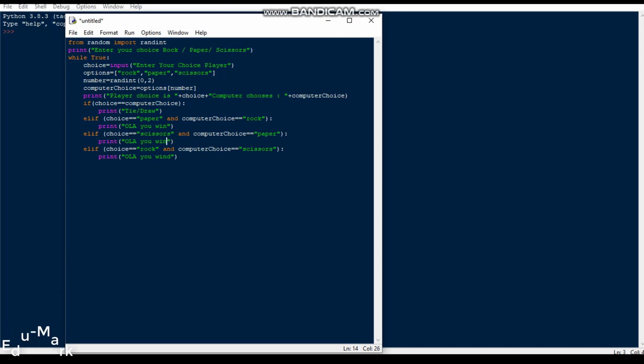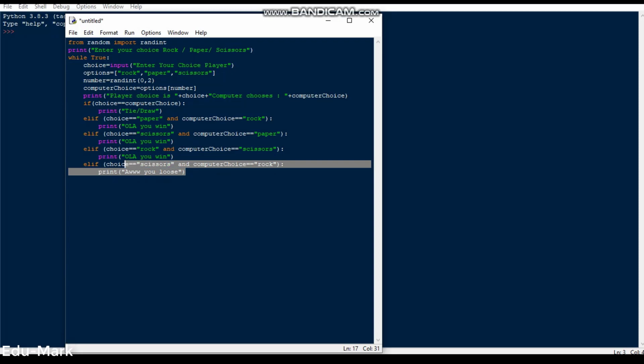The user loses in that case. Then if the user choice is rock and the computer choice is paper, then again the user loses. Then the last condition: if the user choice is paper and the computer choice is scissors, then obviously the scissors cut the paper, so it's a loss again.